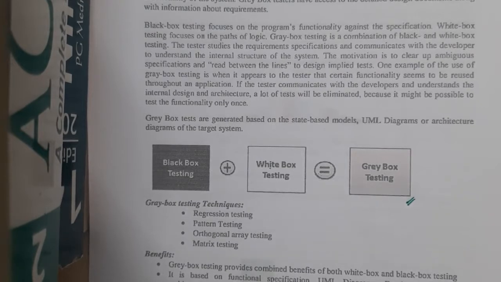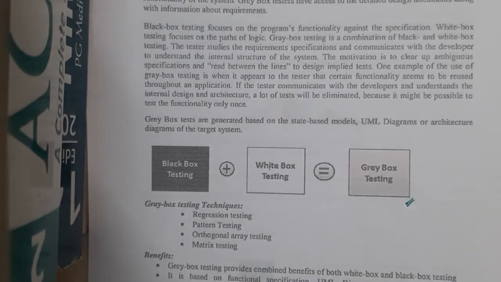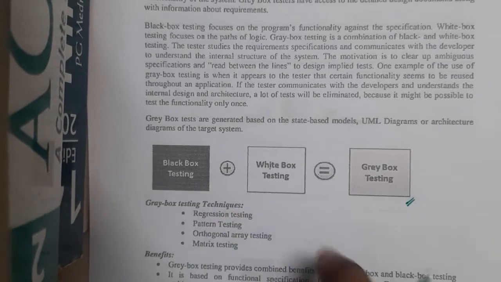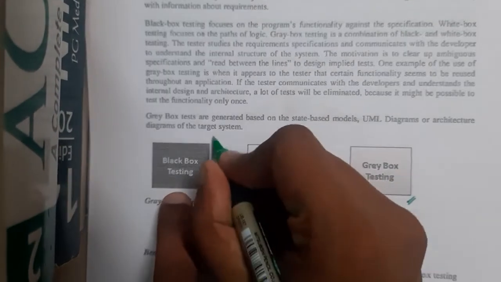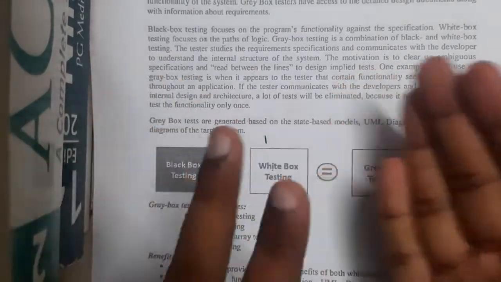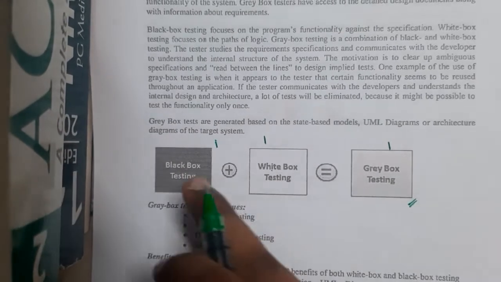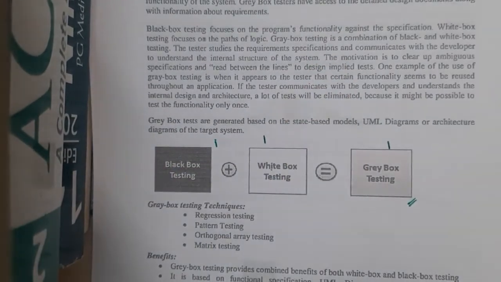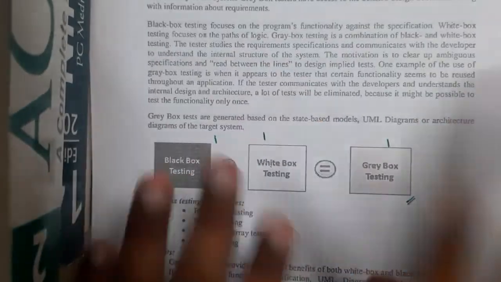You might be saying, okay, that sounds really good, but are there any major advantages? Assume that you created a software and you want to test it in a proper and efficient way. In this situation, you would give one copy to the black box testers and one copy to the white box testers, right? Assume that this is done by one person and that is done by another person. So to perform those two operations, you need two persons. Whereas if you are using gray box testing, only one person will do both. He will test with respect to inputs and he will test the logic. If there are any issues, he will report them to you.